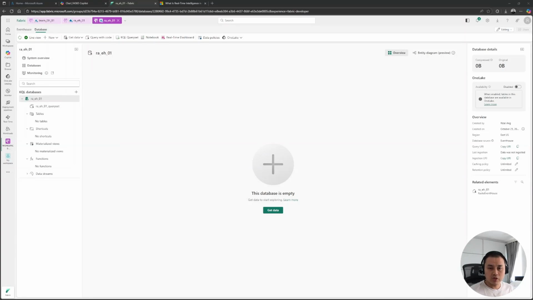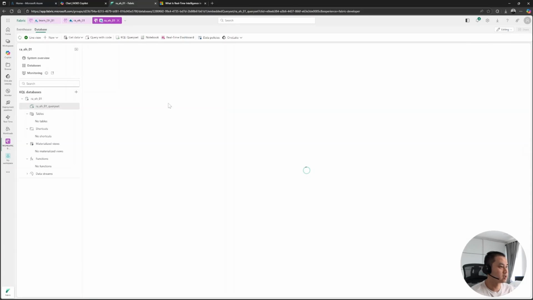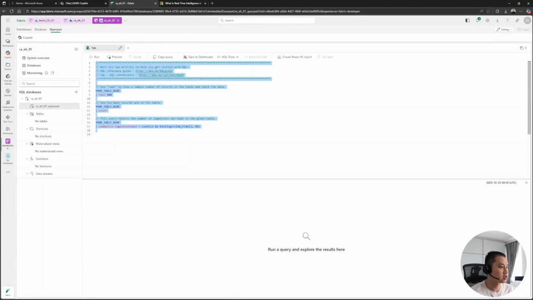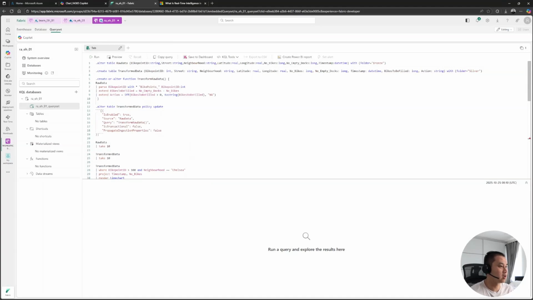Now, before I do that, let me just grab all my code because I'm going to use this later on. So all my code, delete them and put them all here. Okay, what I will do next before I use any of these, we actually need to ingest the data. So what I will do is I go back to my workspace, or actually I'm just going to go to